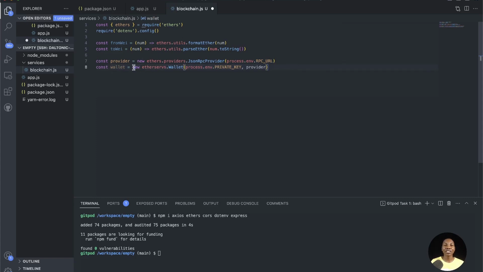How do I create it? Instantiating this new ethers.Wallet with process.env, which is my private key, and then I pass in the provider as well. So the provider points to where this particular wallet address is located. All right. So once I do that, the next thing I want to do now is to